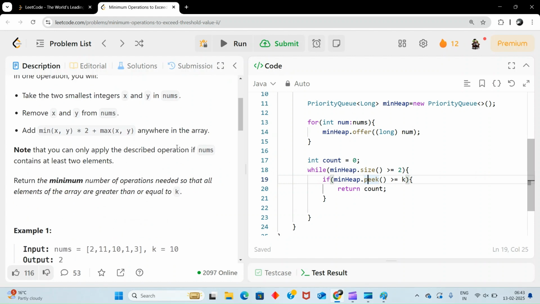And what exactly we have to do is return the minimum number of operations needed so that all elements of the array are greater than or equal to k.